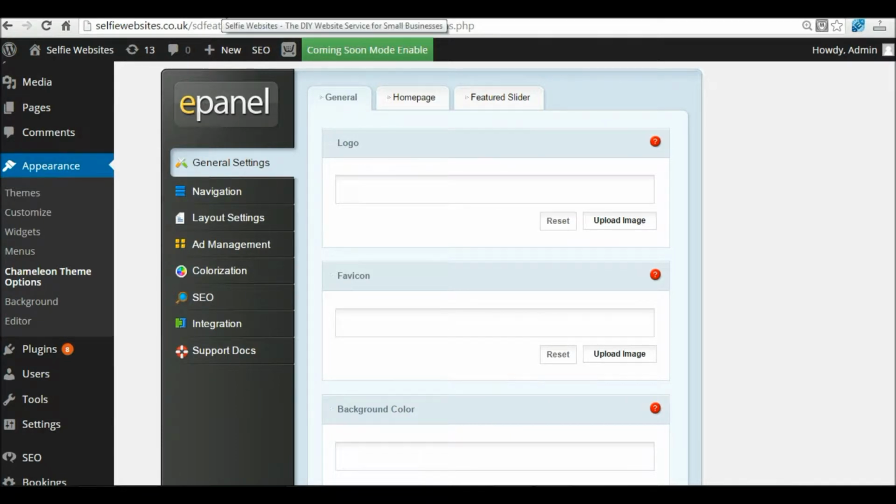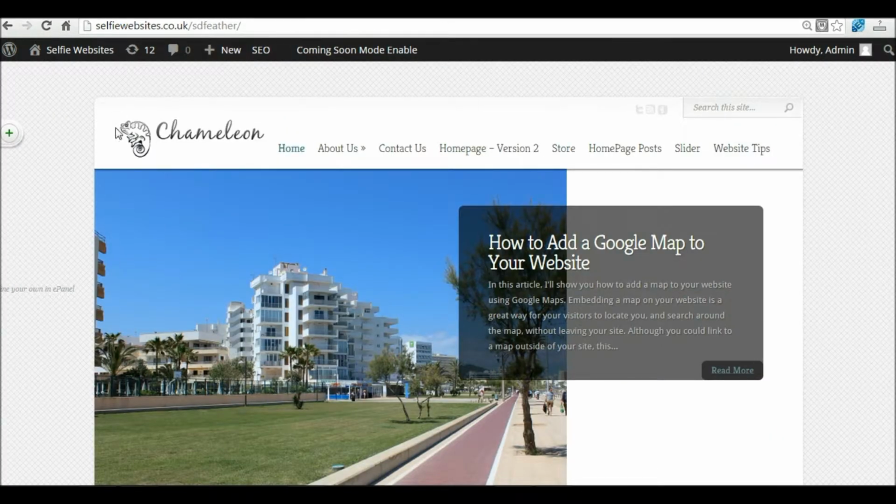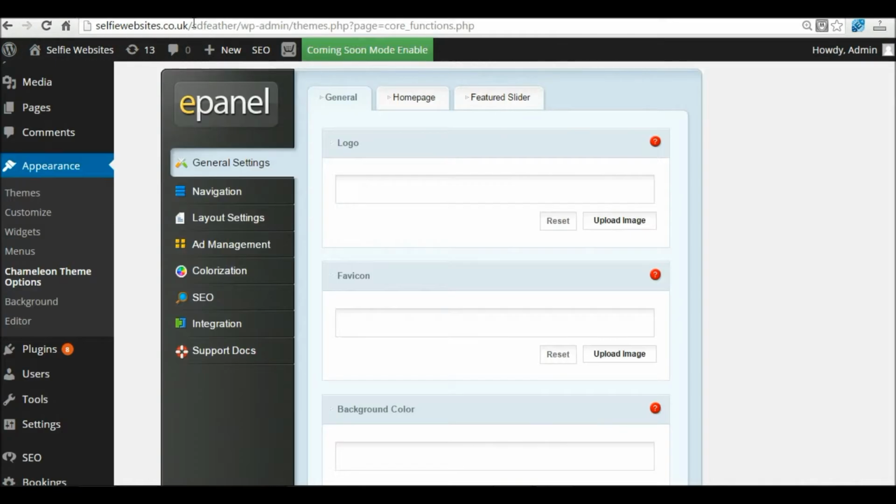Now if we take a look at the front end of our website briefly, you can see that the Chameleon template has the Chameleon logo set as a default logo, and we're going to change that to our own personal logo for our website. So to do that, we're going to go back to the logo section, and we're going to click upload image to upload